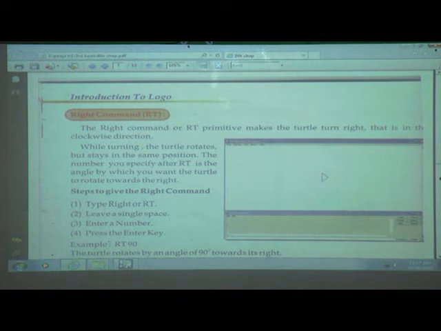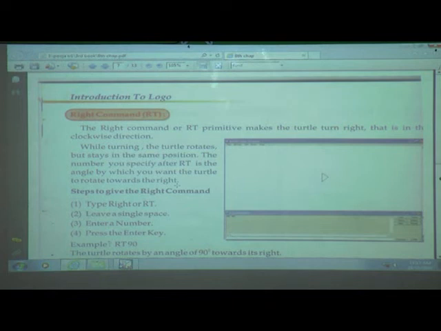The number you specify after RT is the angle by which you want the turtle to rotate towards the right. Just as we give the number after FD, we must give the number after RT also.